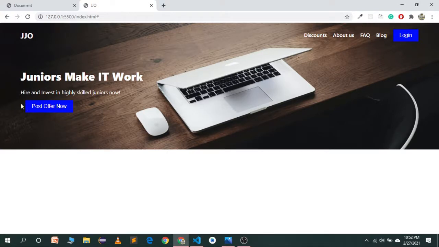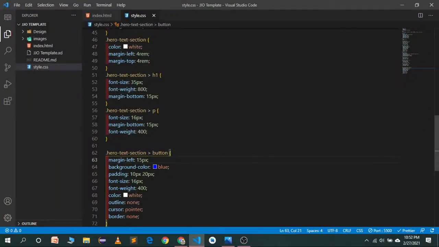So we want to remove this margin. We also want to give it a margin top, so we have some space between the paragraph and the button, and we don't want the button so close to the paragraph. So let's go to our code editor, remove this margin left, save it.